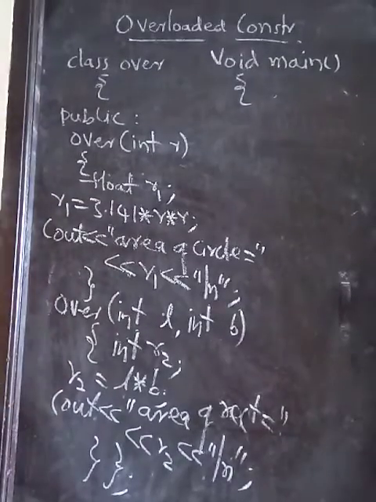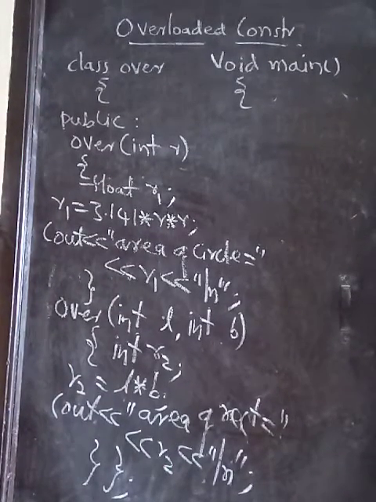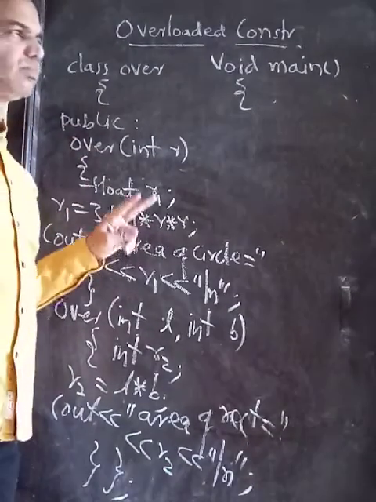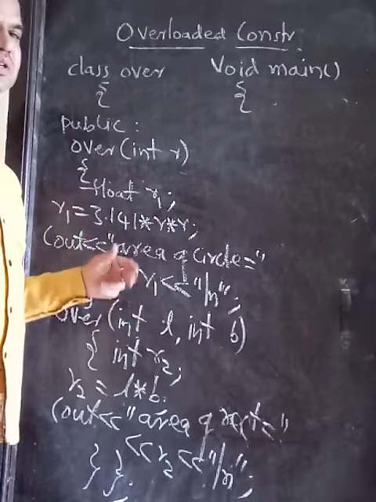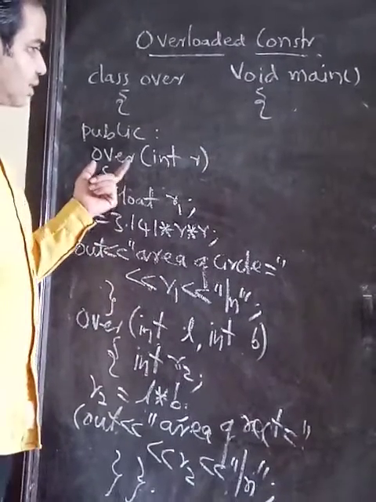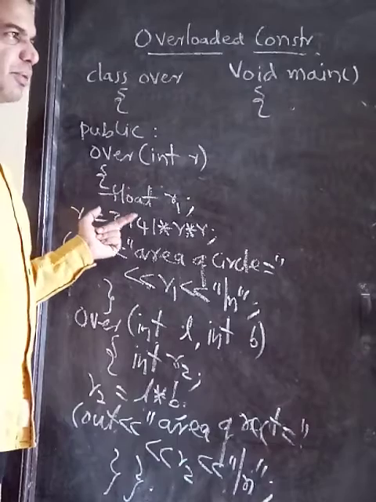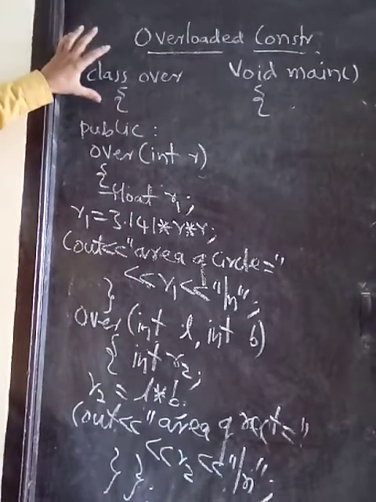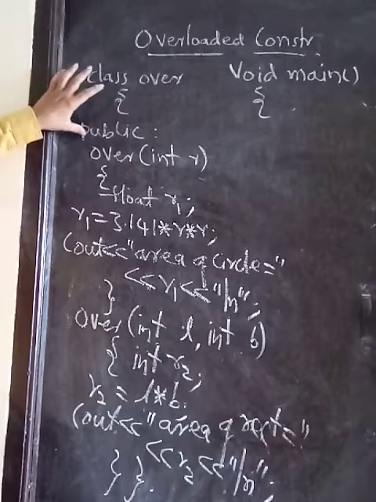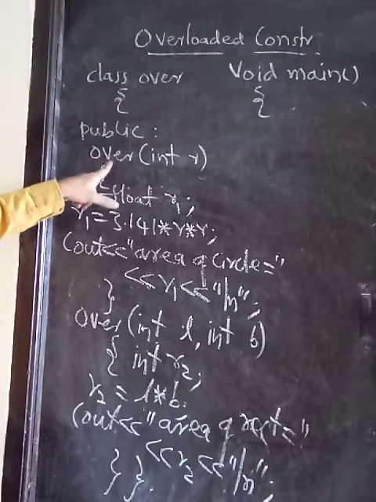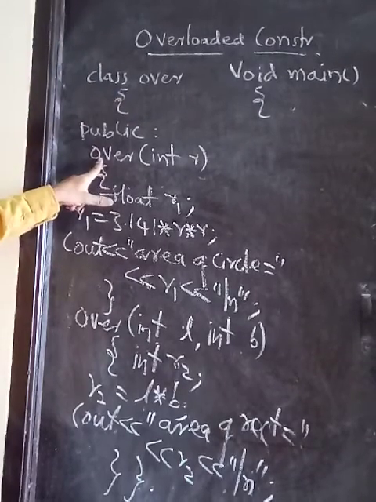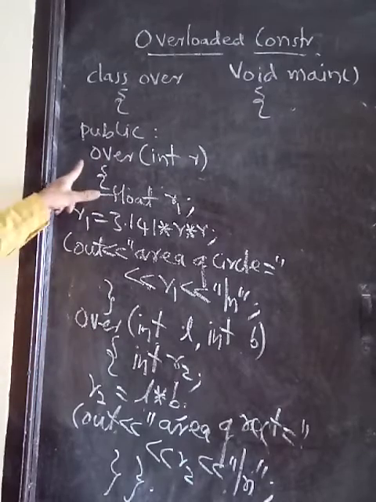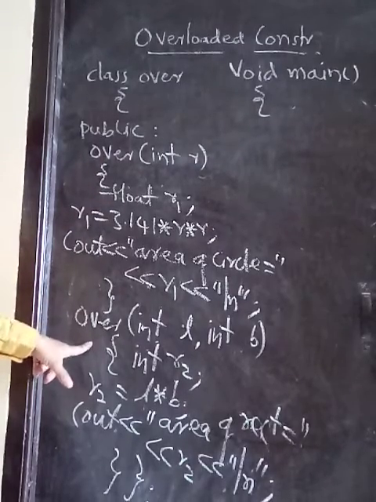See, first of all, in the class template, I am taking two member functions which are constructor member functions, and here we are using the overloaded, parameterized constructor concept. For the class name, I am not taking private or public. The member function with the same name as the class is called a constructor. We are using it twice, so this is called constructor overloading.